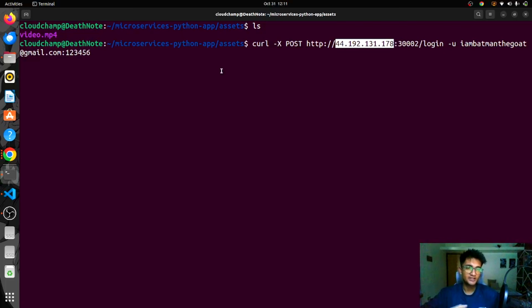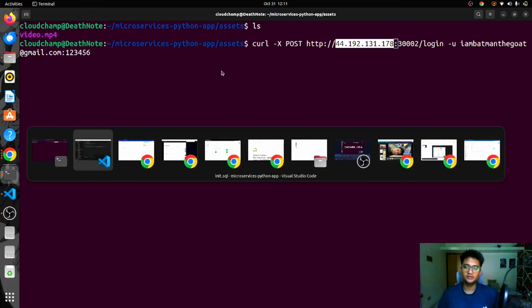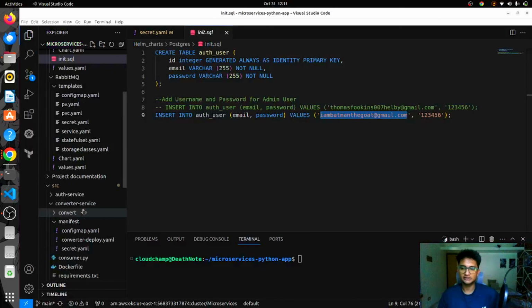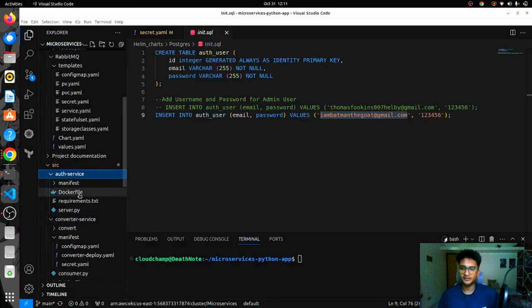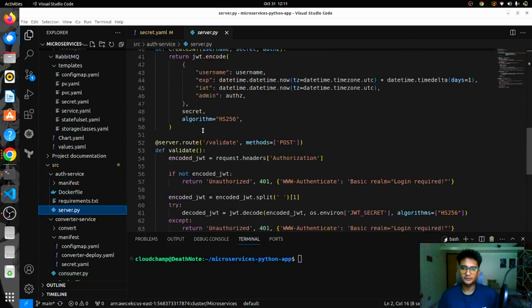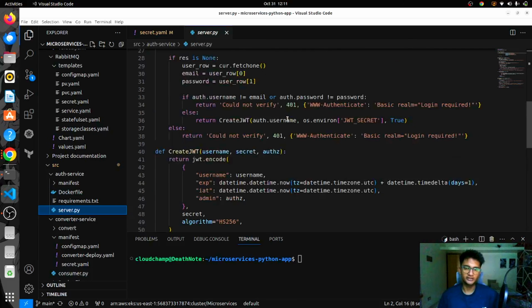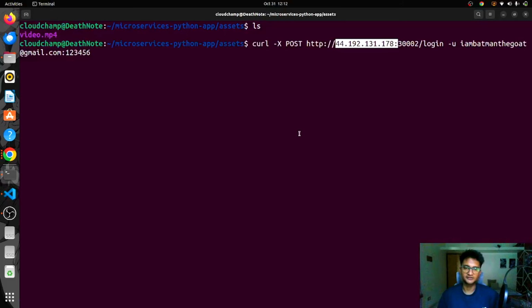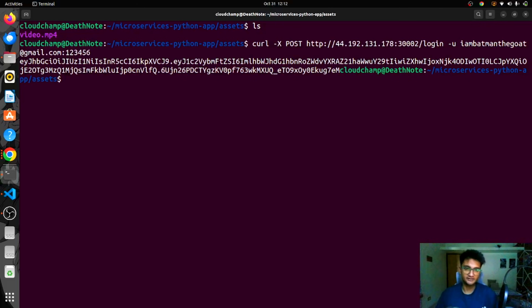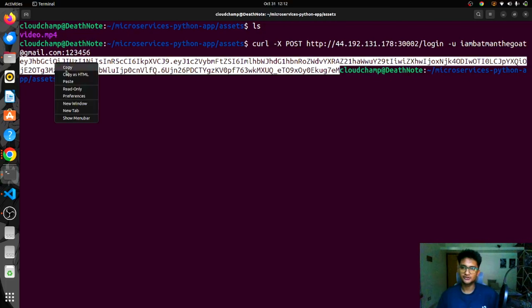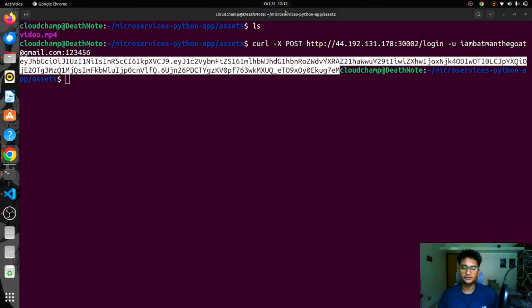Once I do this, if my username and password is correct, we should get a JWT token, which is a long string. As you can see here in the auth section, we are going to get a JWT token created if everything is correct according to the credentials stored in our Postgres database. So let's press enter. If it is correct, I should get a string like this, which is what a JWT is. So if I copy this and I show you what it holds, let's go to